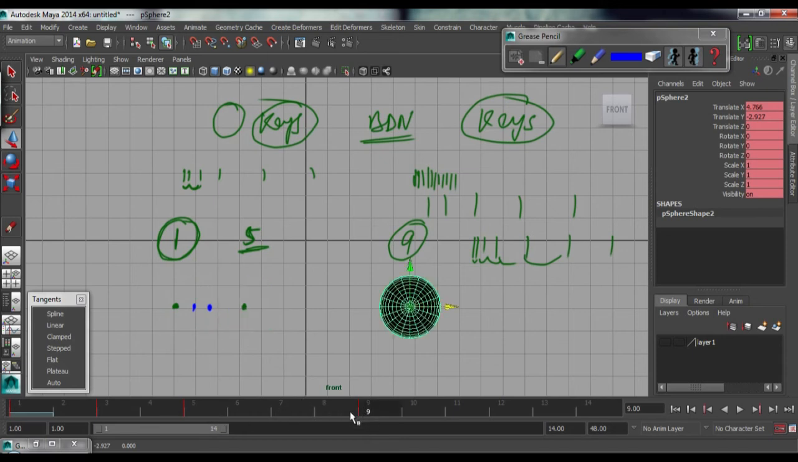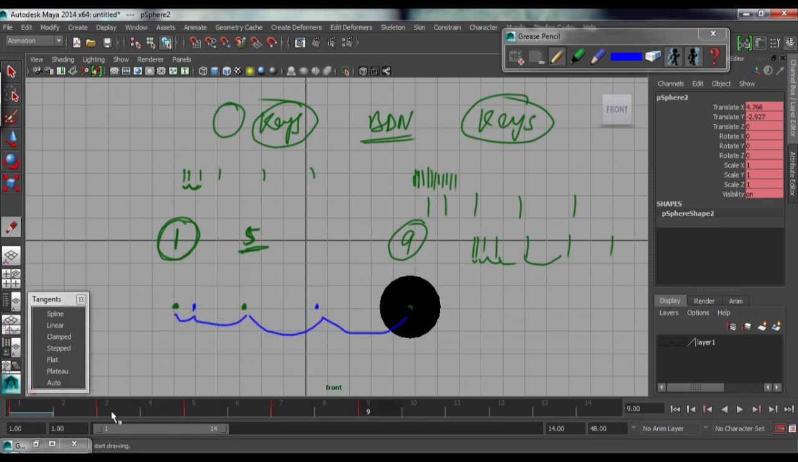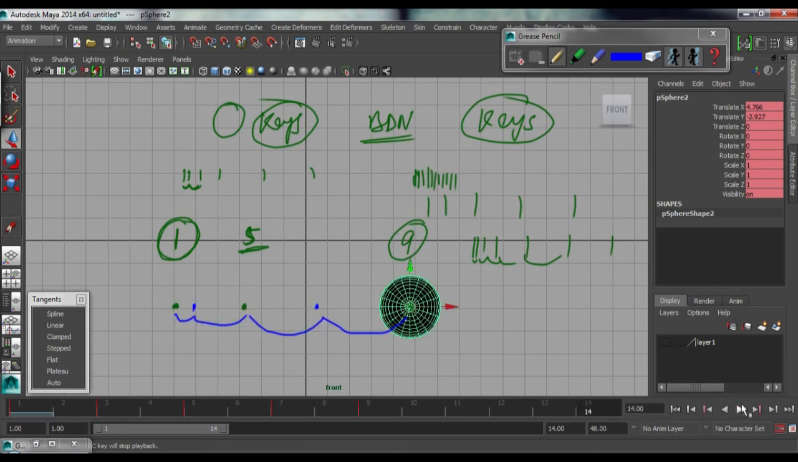Okay, now from 5 to 9 we have to maintain that spacing. Look, let's check its spacing. It's going bigger and bigger. Okay, now your animation is on 2s. See, for every 2 frames you have a key. See, it's starting slowly. Now we can use the graph editor to make these in-betweens,